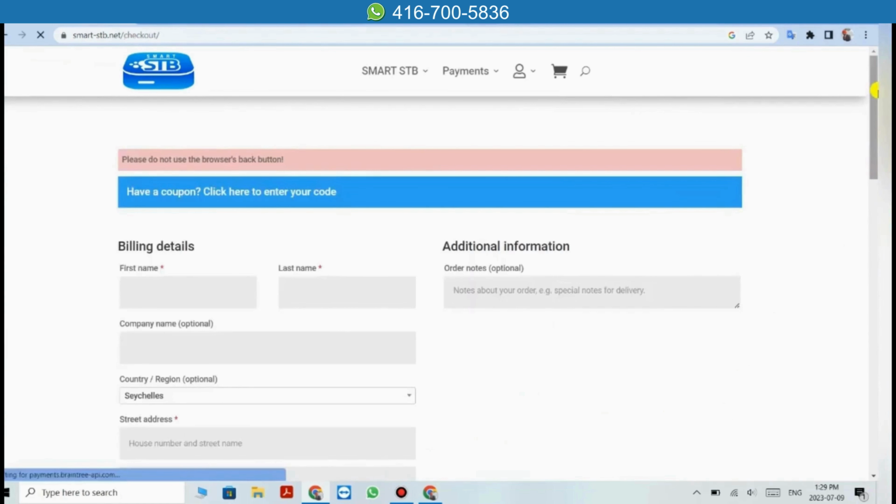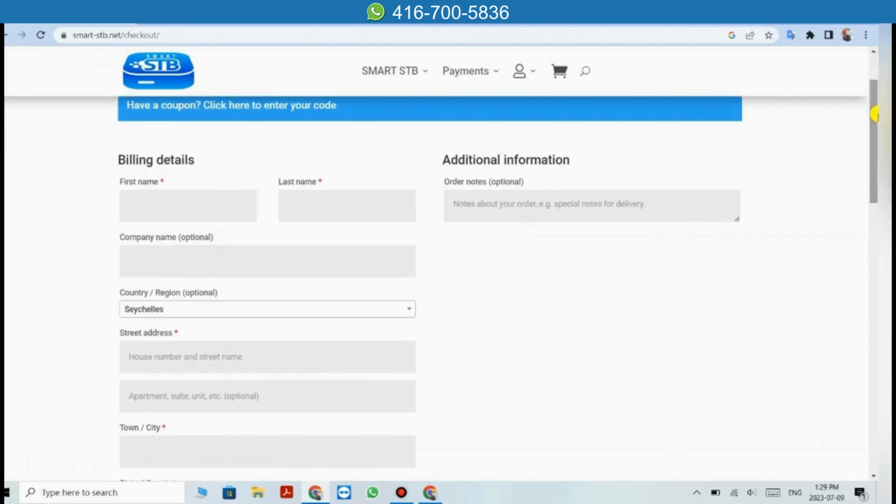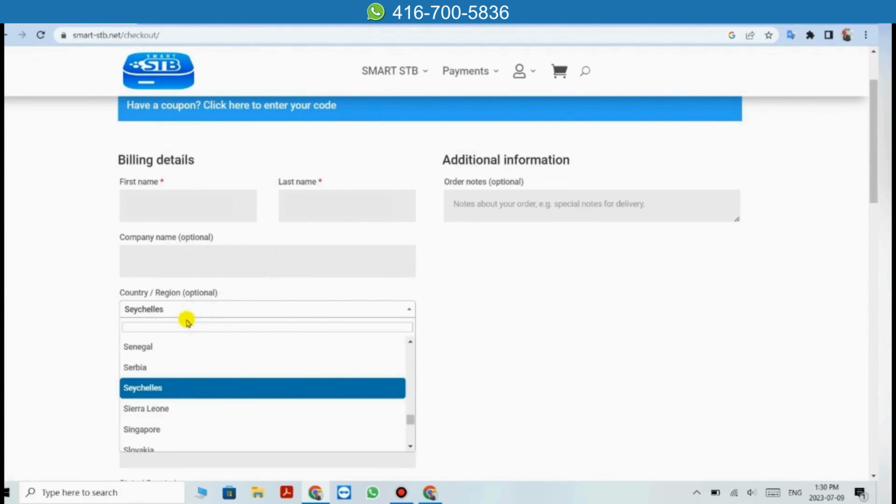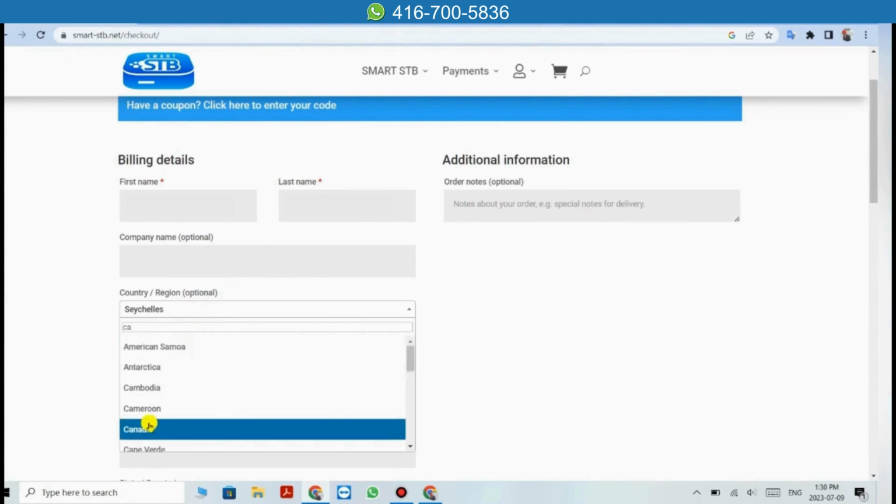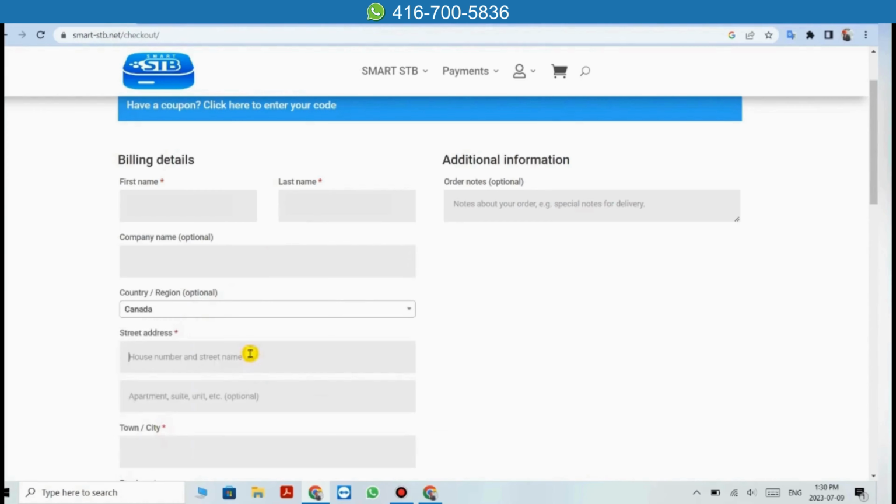Here's the billing information. Just enter your basic information. Pick your country. Enter your address into the city.